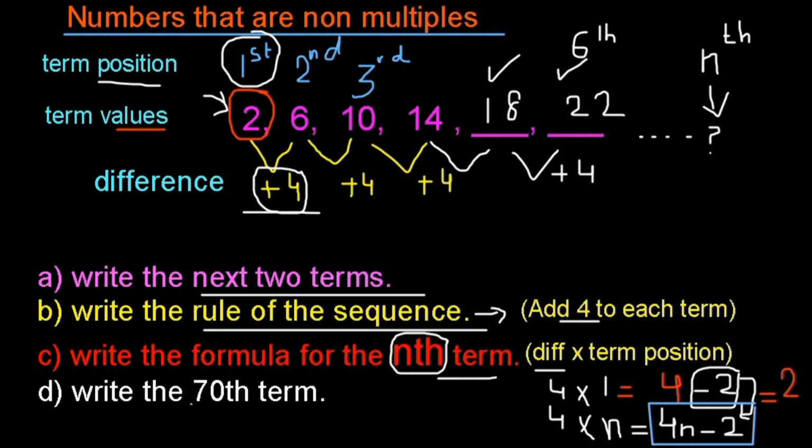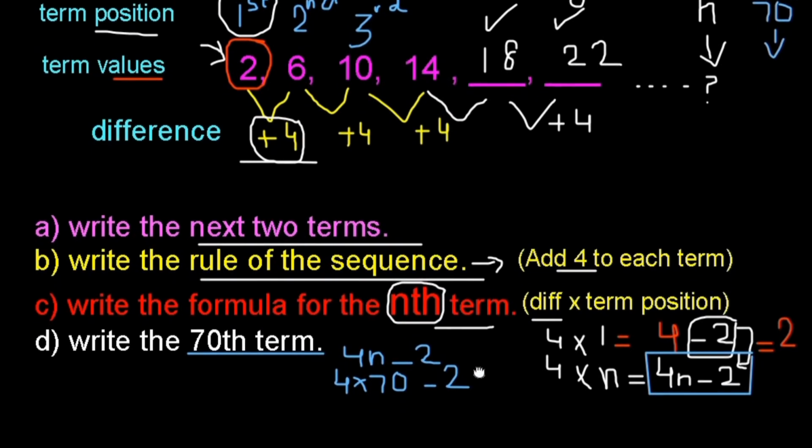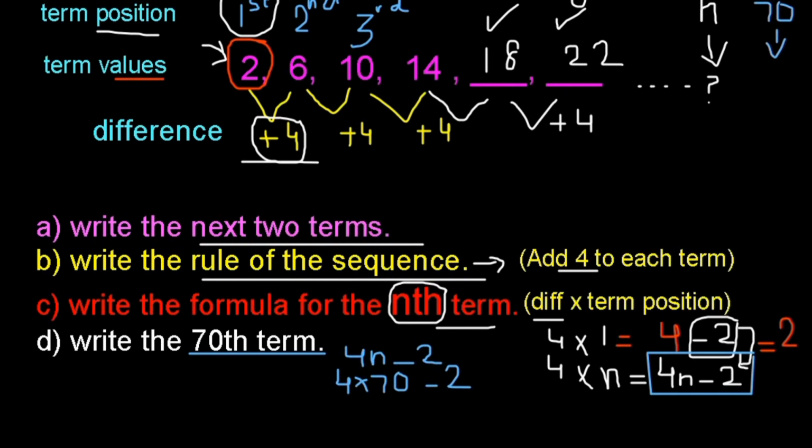This is so very important. Now for example, I want to find the 70th term. Okay, this is very easy. What am I going to do? I'm going to write the same formula that I have created, 4n minus 2. Just in place of n, I will multiply 4 by 70. So 4 multiplied by 70 and minus 2. So 4 sevens is basically 28, so 280, and minus 2 is going to be